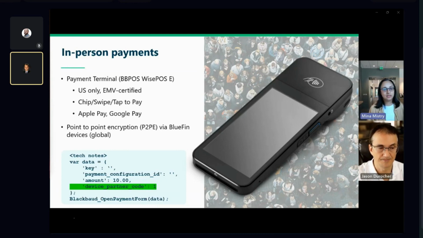In addition to the payment terminal, we also have the Bluefin device. So Blackbaud partners with Bluefin to offer a point-to-point encryption device, P2PE. So with these P2PE devices, the cardholder data is actually encrypted at the point of entry into the device, and it prevents any plain text data from existing in the application or even over the network. The P2PE devices work to even further reduce your PCI scope, and it will typically limit customers